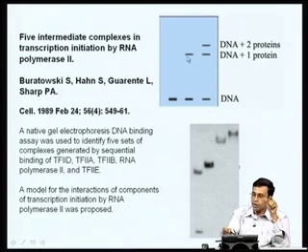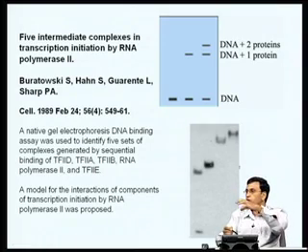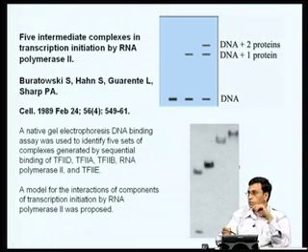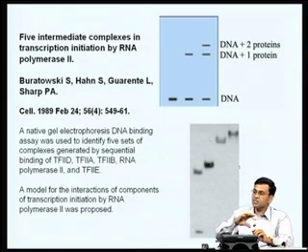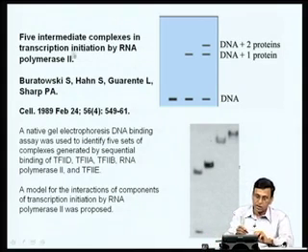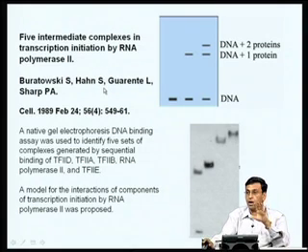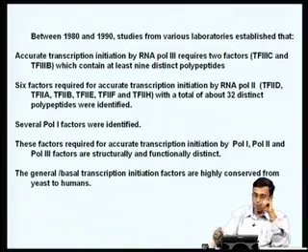Now, if one more protein binds to this, you will see a further shift in the mobility. What it tells you is that a number of protein factors can assemble over the promoter sequence. By doing this regularly, people have demonstrated a very sequential assembly of protein factors on the promoter DNA template. This is the key finding which demonstrated that certain intermediate complexes in the transcription were identified for RNA polymerase 2. Based on this, they proposed a model by which sequential assembly of transcription factors on the promoter sequence is responsible for accurate initiation of transcription by RNA polymerase 2.